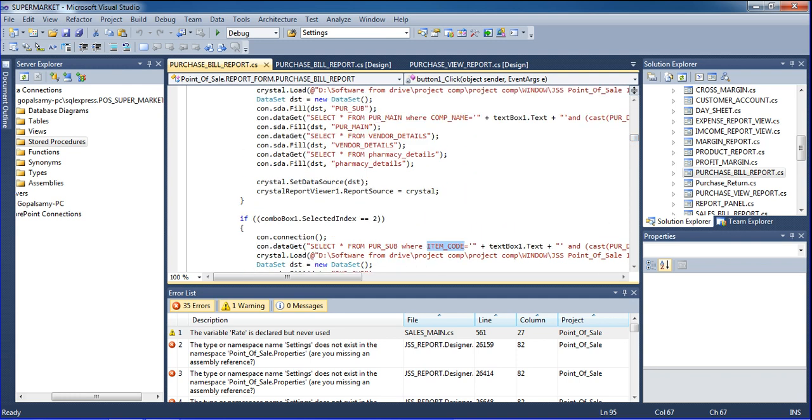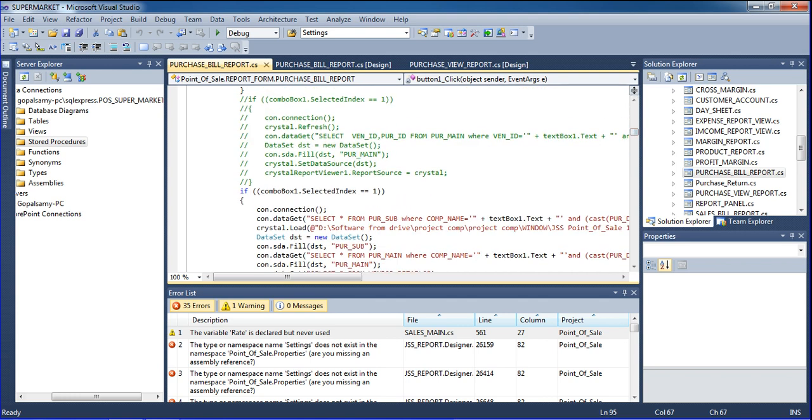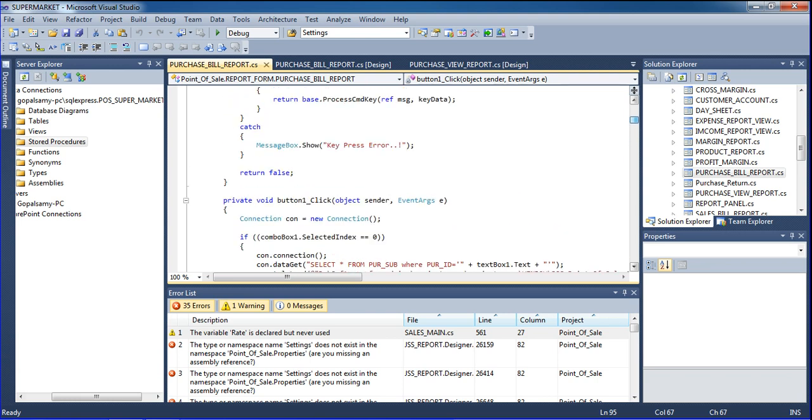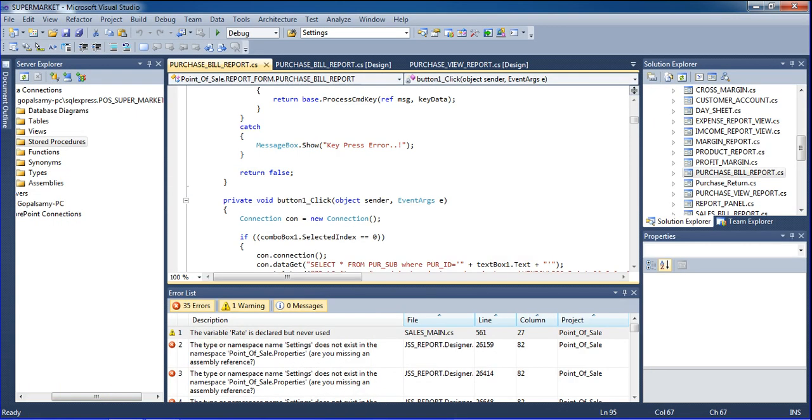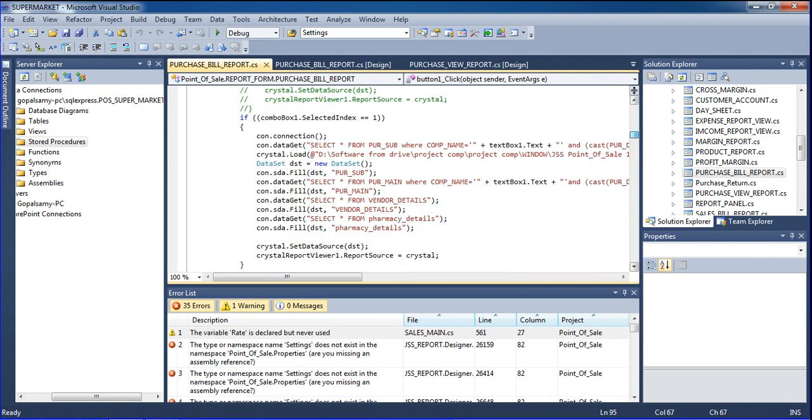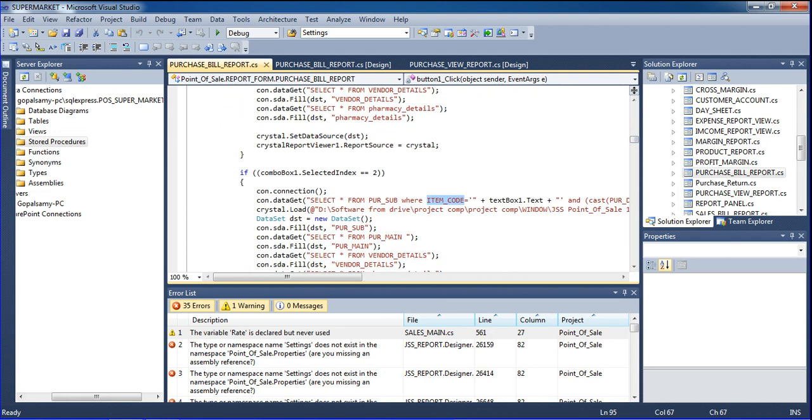Okay, combo box 1 selected index 1 2 3, like this I have declared. See, combo box 2 here, and then here combo box 1, and then this combo box 0. Okay, see here, so to here. So this is 0, this is 1, this is 2, this is 3. Okay, like this. Just I go to declare here the second condition. Okay, what will be the function, see, combo box second condition. Okay, it will be function.